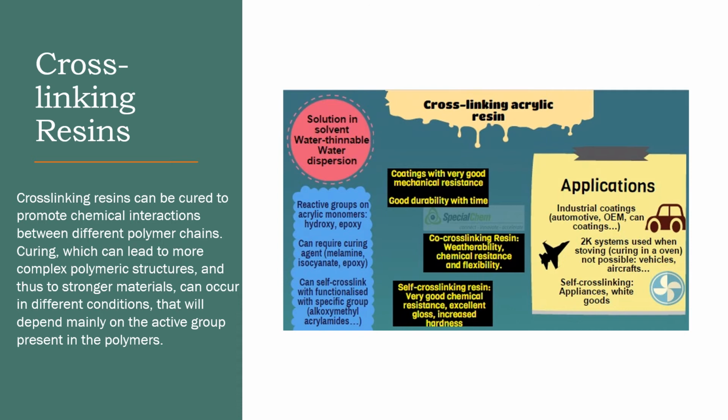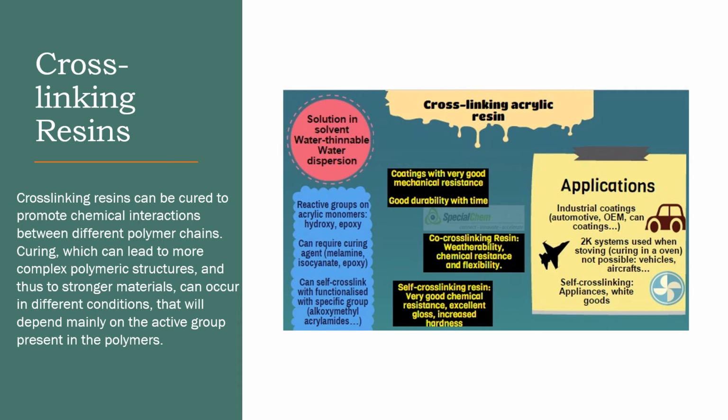So these are resins, actually, cross-linking resins. When reactive groups are present, acrylic resins can be cross-linked by allowing interaction between two different polymer chains, and this can occur in specific conditions, for instance a certain temperature or under UV light and different kinds of atmospheres. And a catalyst may also be added to promote and accelerate the chemical reactions between the polymer chains. So we can distinguish between two types of cross-linking systems.